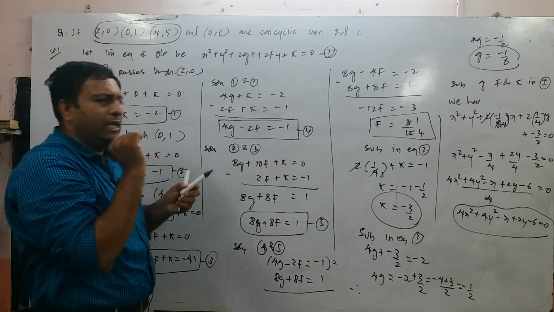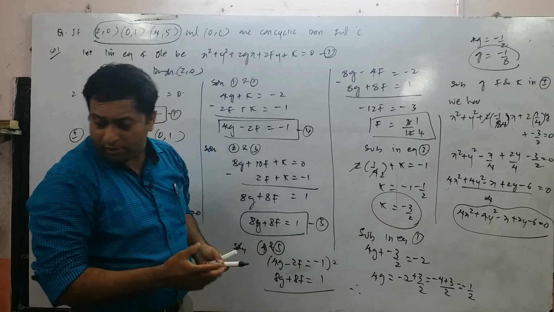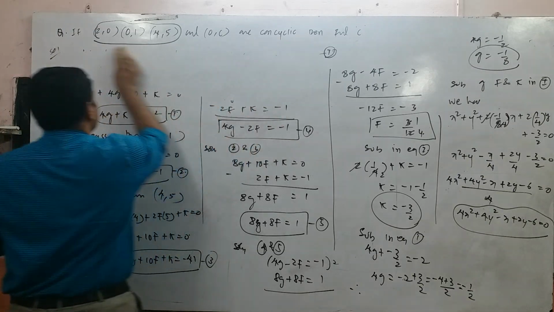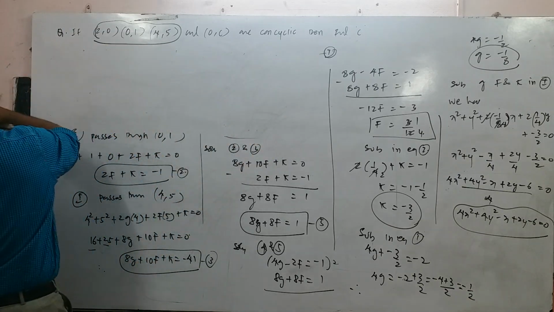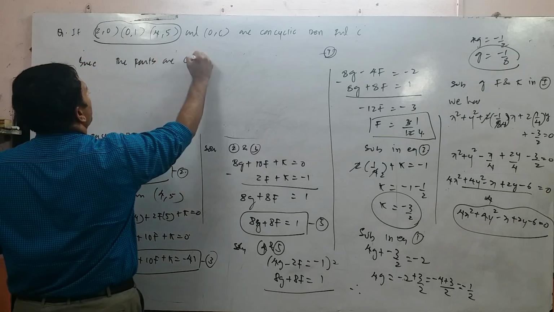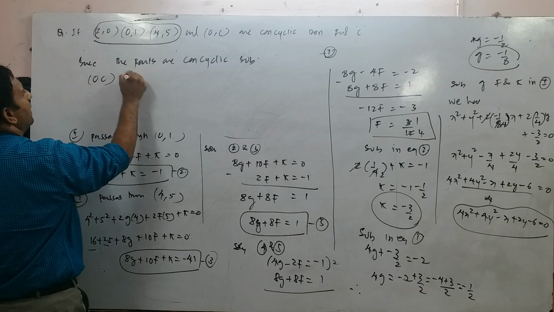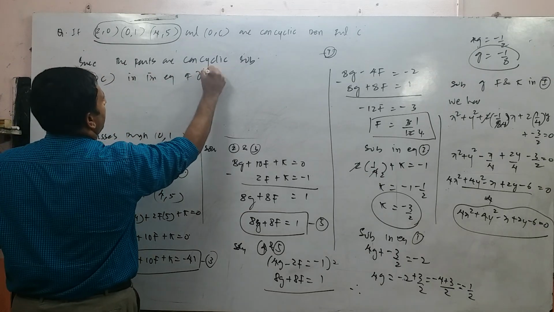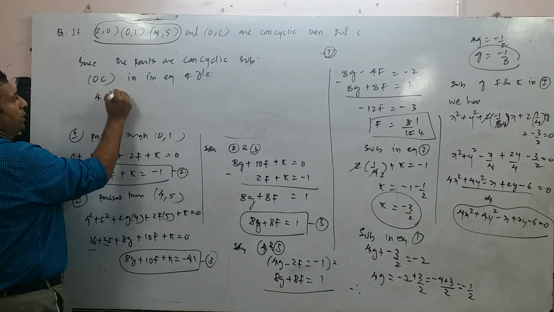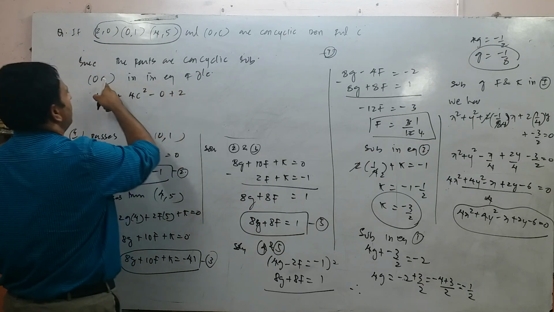I have done only 90% of the job, but the question says that all these points are concyclic, and if all points are concyclic, you are supposed to find the value of c. Now how are you going to do it? You are going to use the fourth point. Since the points are concyclic, substitute 0 comma c in the equation of the circle. Let us substitute: 4 into 0 square plus 4 into c square minus 0 plus 2 into, instead of y you have c,